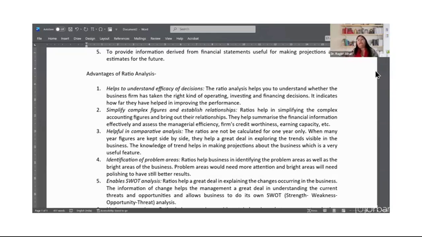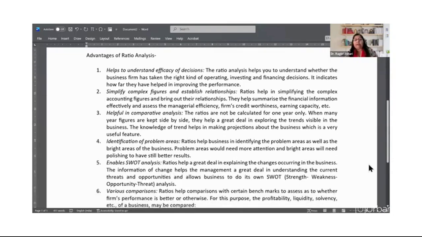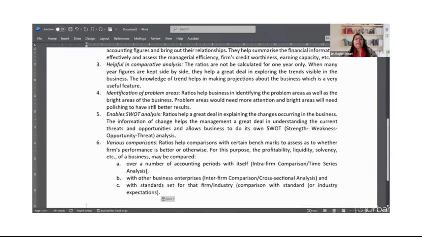Based on that trend, now you can make projections for your future. Then the problem areas can also be identified. And then based on these numbers, the company can even conduct a SWOT analysis. Now, what is SWOT? SWOT full form is strength, weakness, opportunity, and threat analysis, wherein strengths and weaknesses are